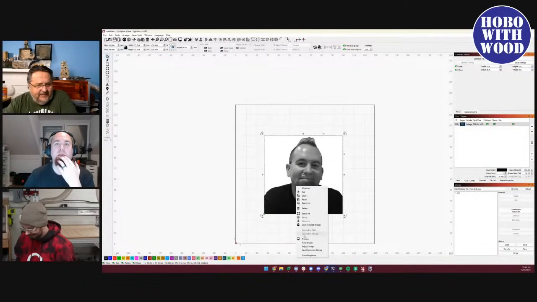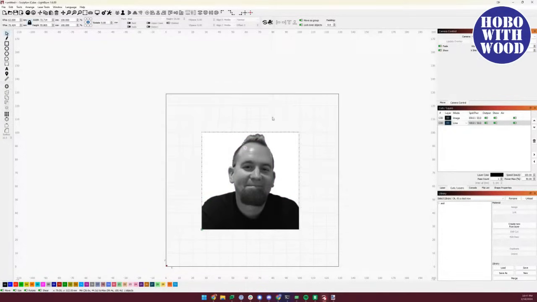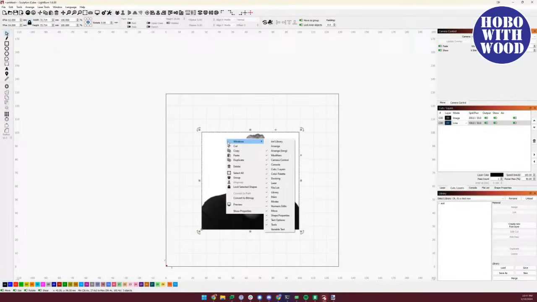So it depends on the image, but if you trace it, I might have to bring in the cutoff on this. I don't know. Let's see. If you trace it so that you can get just the background out of there, I'm going to go with that. That's close enough. I'm going to then ungroup this so I can get rid of the giant camera flare that's on my shiny dome of a forehead. If you select these, then